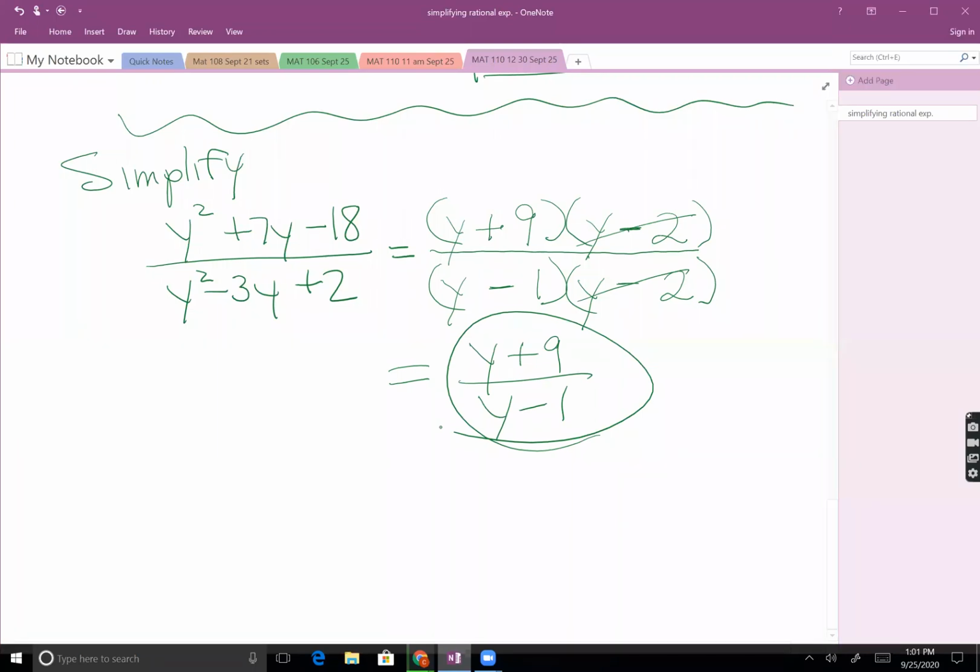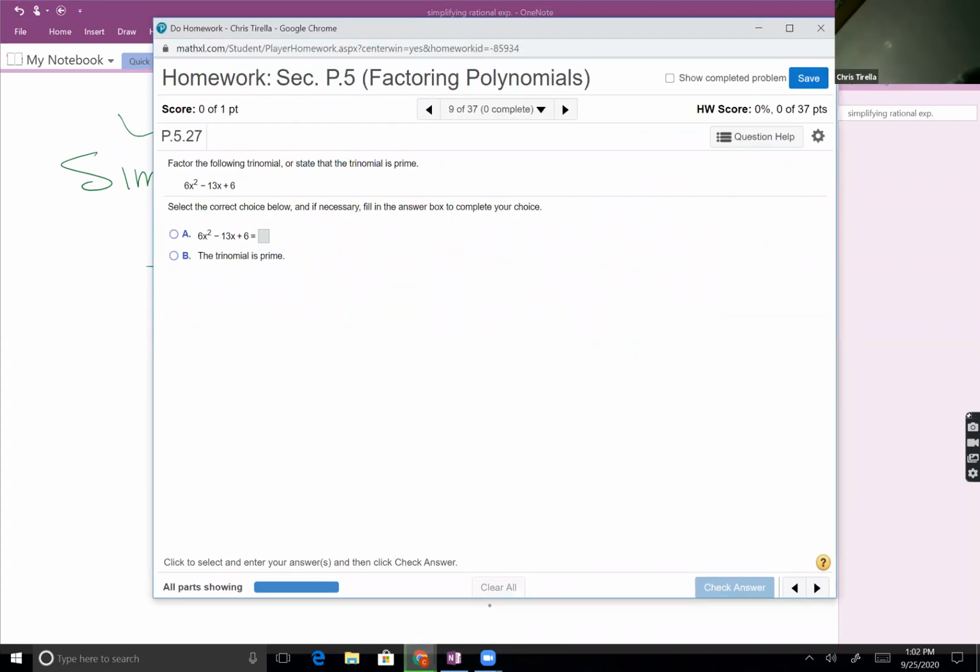Just a question. So for the homework, it wouldn't tell you to write it like that, right? It would tell you to put a comma in between, like put it in a pair, for the P6 homework. So you wouldn't write it as a fraction like y plus 9, you'd write 9 and then comma -1, right? Nope. You have to write the fraction like this. Let's pull one up. I think you're thinking about the questions that ask about the domain. Yeah, that's what I'm talking about.